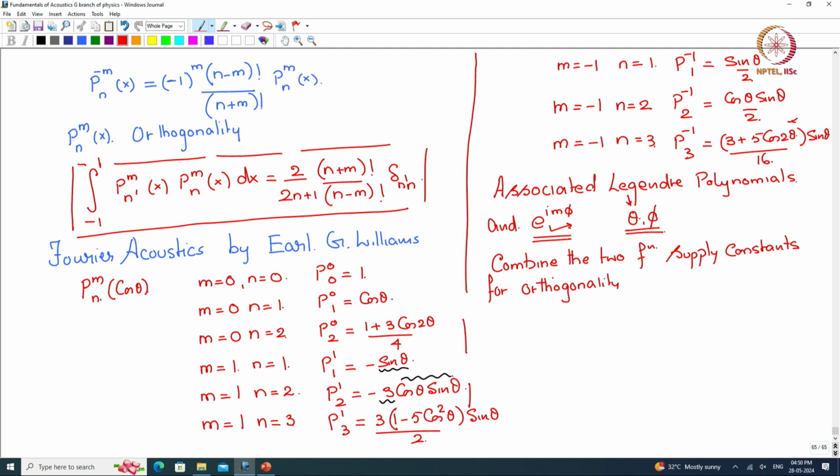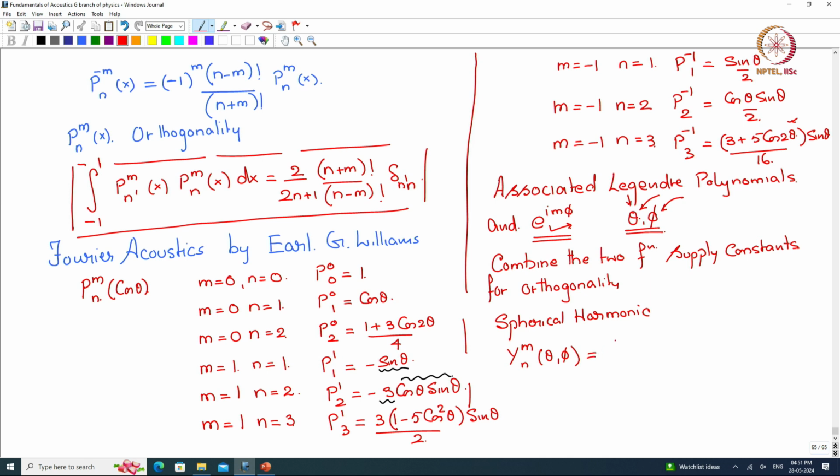Okay. So now the function that combines the theta Legendre polynomials and phi, this exponent, is called the spherical harmonic. Because the r is not there, it's supposed to be at a constant distance independent of r. And therefore this is a spherical harmonic. It is given a symbol Y_n^m(theta, phi),